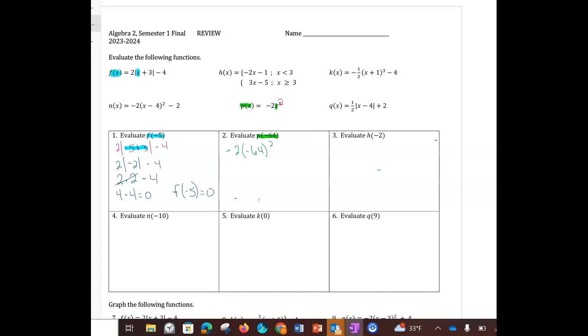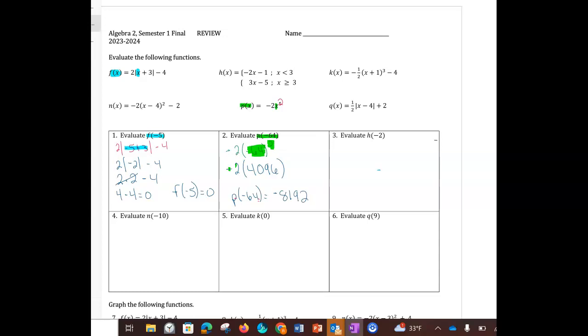So I'm going to take negative 64 in parentheses, and I'm going to square it. I'm not going to show my calculator here, but I am taking negative 64 in parentheses and squaring it. And that turns into a negative 2 multiplying 4,096. And now I'm going to take 4,096 times negative 2, and my function, p of negative 64, would give me an answer of negative